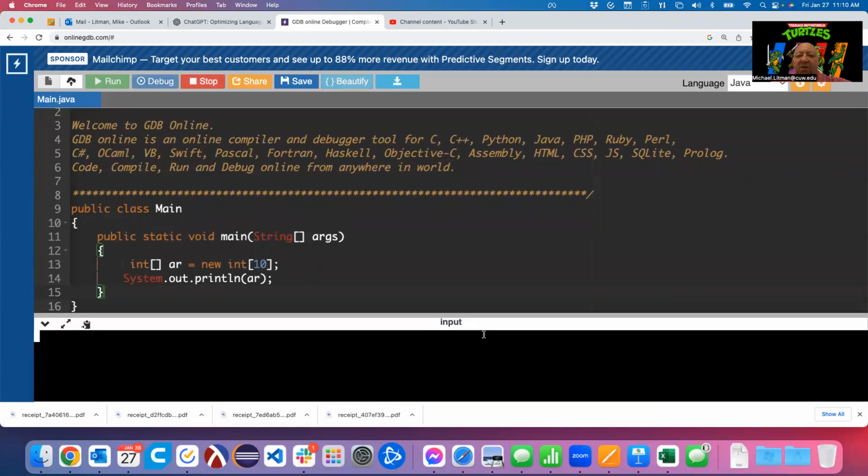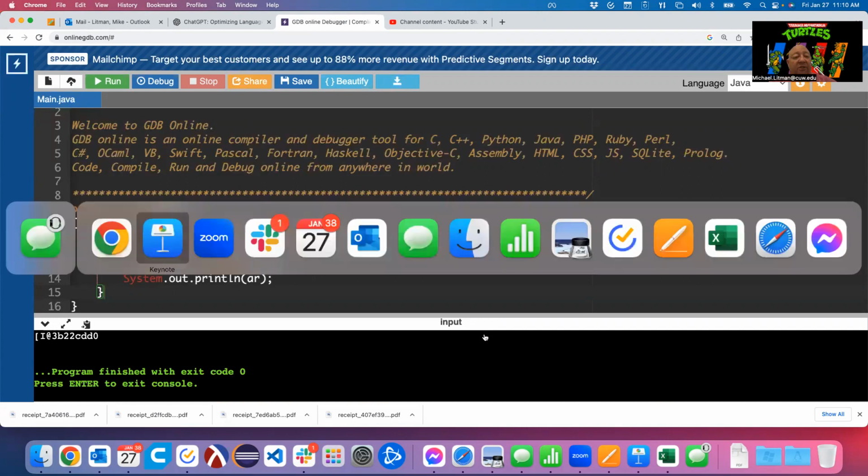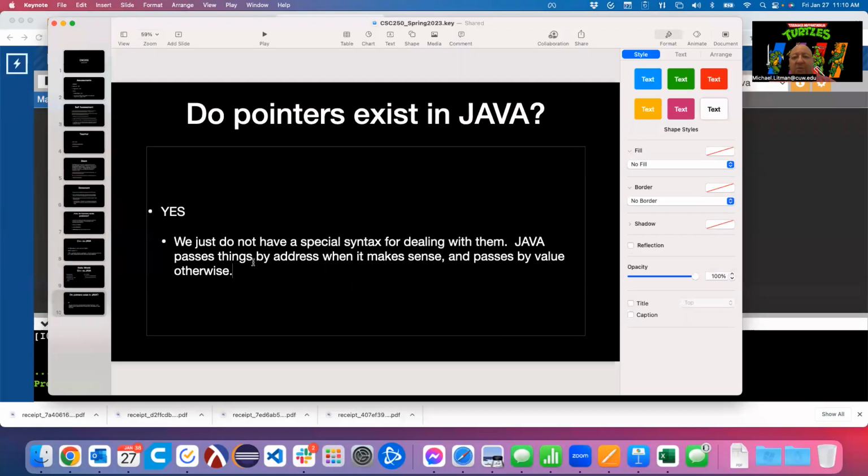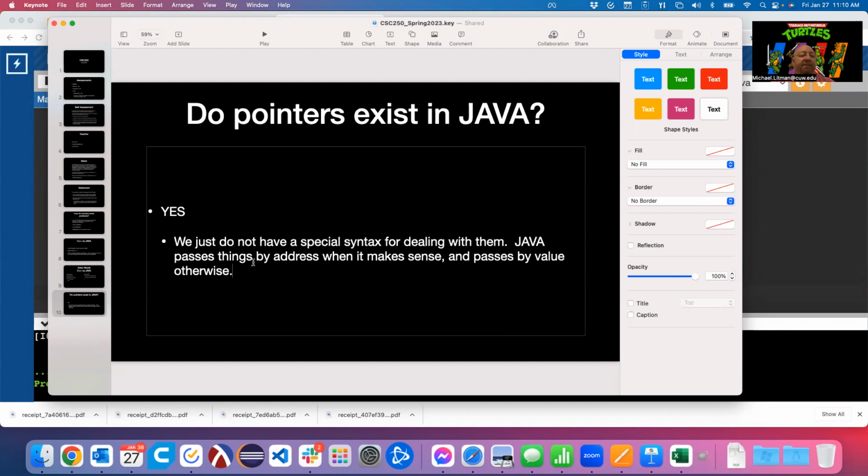We decided, what's a pointer? A pointer is a variable built for holding a memory address. So I just printed out the value of this variable AR, and it looks like a memory address, hence pointers exist. What we don't have in Java is a specific syntax for working with pointers, for working with memory like we did in C++.